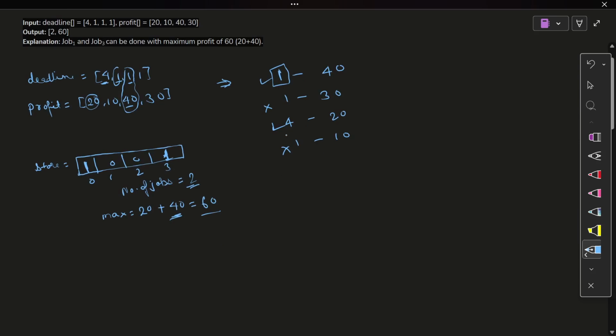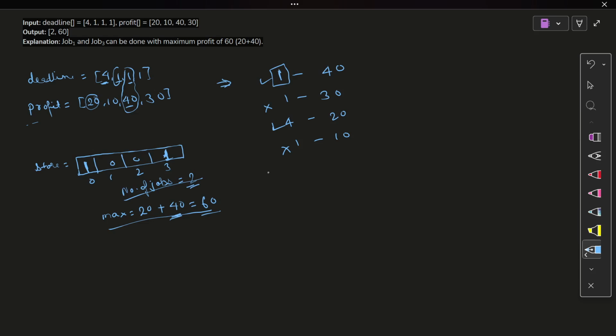First I will sort the array based on profit. Then I will make a store array where we will store which jobs we include. Suppose it is 20 with deadline 4, it takes 1 unit of time, so the index is 4 minus 1, which is 3, and 3 is 0, so it will include it. But another job also has deadline 1 and that slot is taken, so it will not include it. That's it, and we will get the number of jobs and the maximum profit.